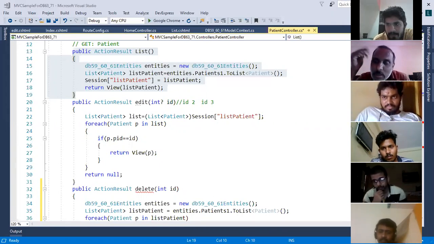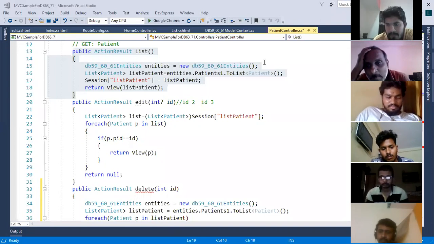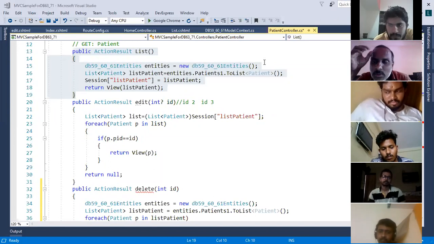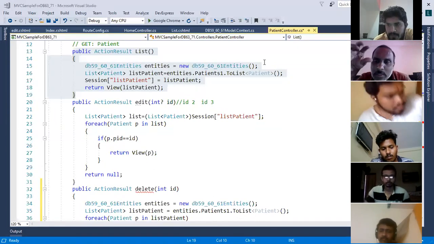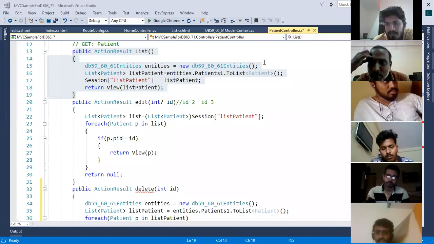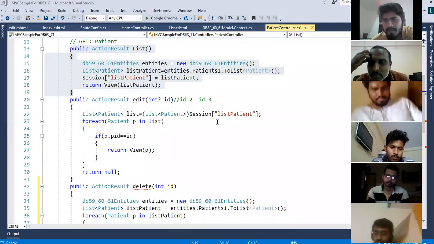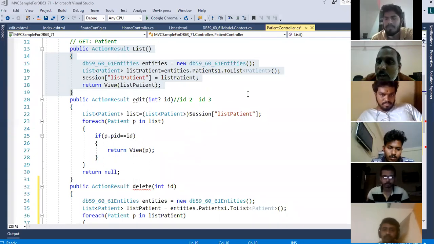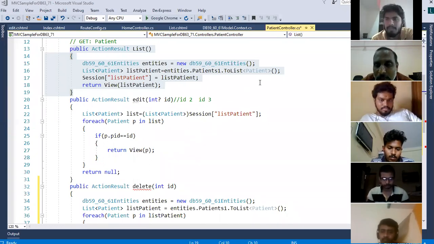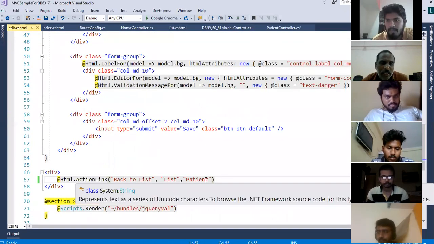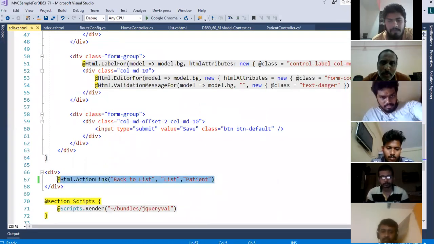Not only that, even Server.Transfer is there. Server.Execute is also there. We will not use those two options. We will normally use Response.Redirect or hyperlinks, correct? Yes or no? Yes, sir. Here in MVC, we will not use Response.Redirect. Anyhow, hyperlinks we will use, because whatever we are creating over here is a hyperlink only.